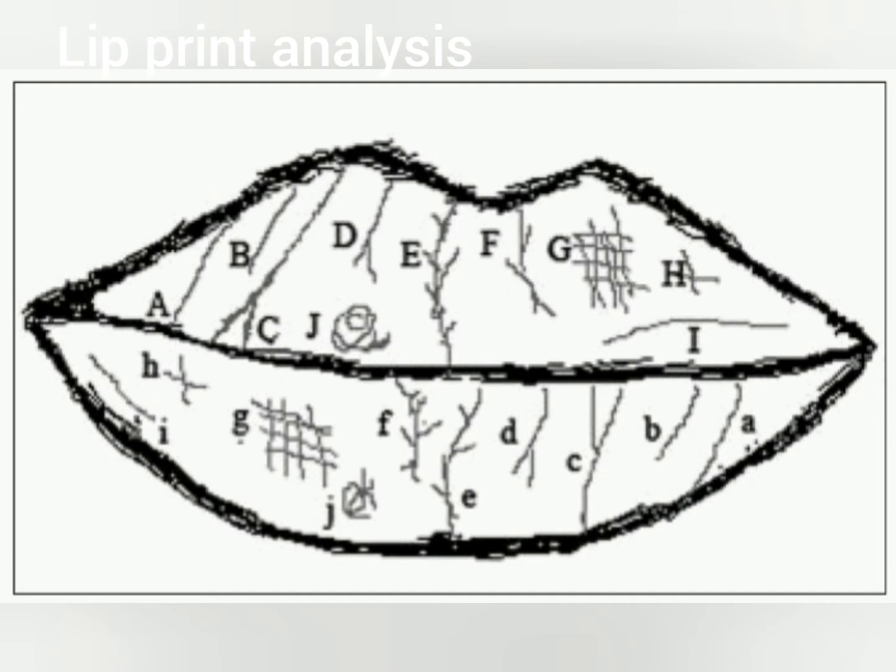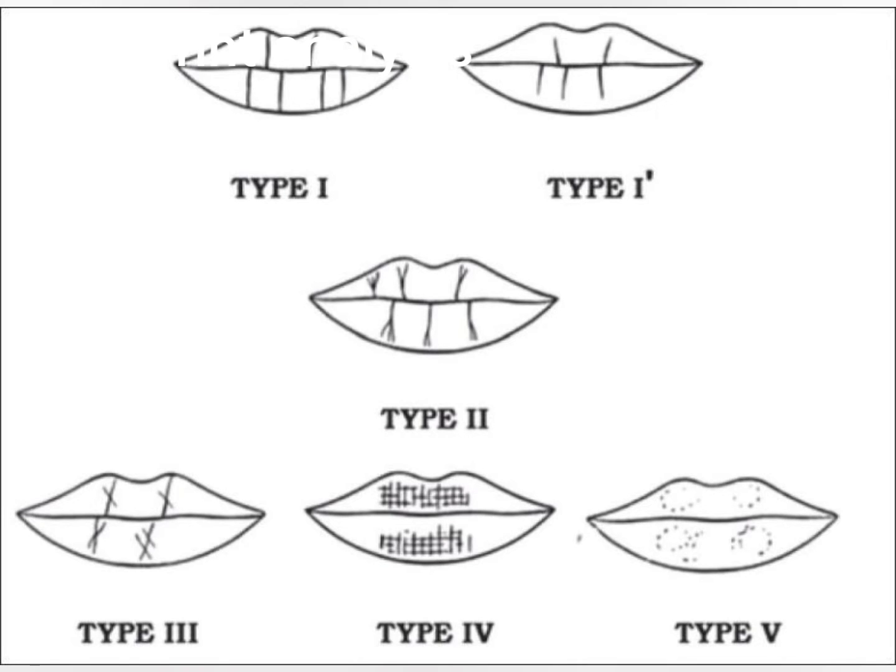Lip prints are also found at various types of crime scenes. They can be found on the tips of glass bottles, on cigarette butts, on glass containers, and on any utensils used for drinking water. They can contain lip prints, and if saliva is also present there, then we can do DNA analysis as well.